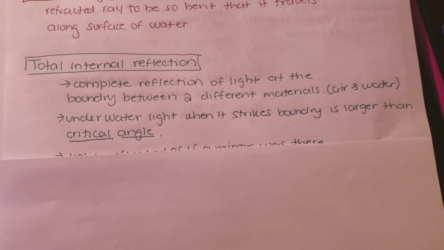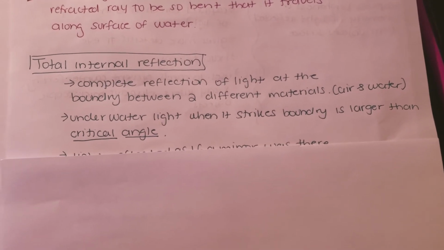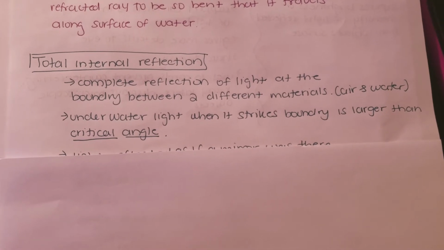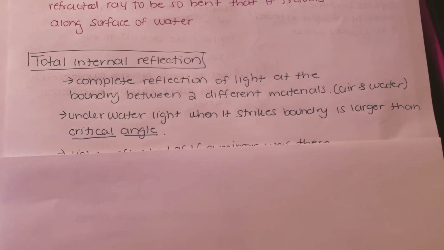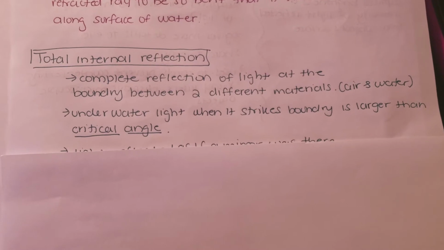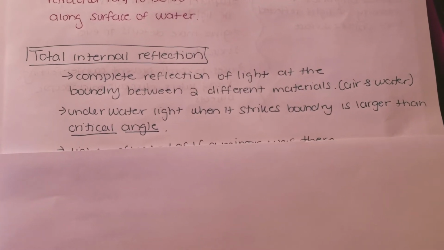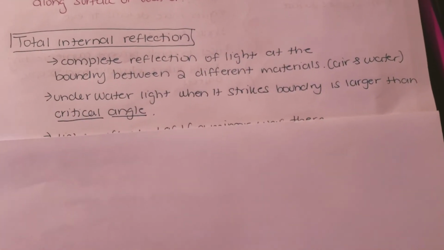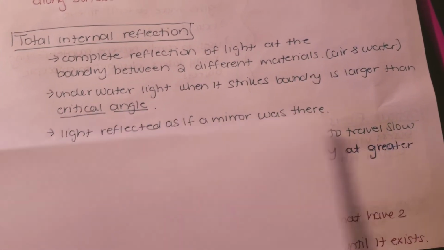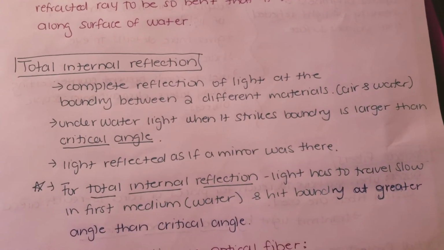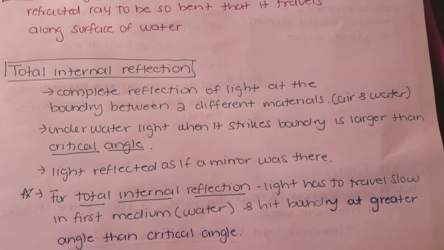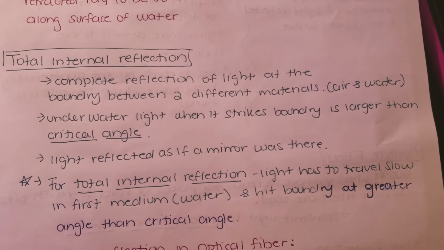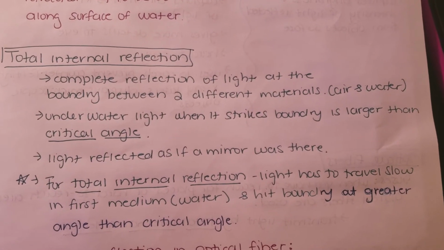So that means your light source that is shining up at the water is at such an angle that there's a boundary between two materials, such as the air above the water and the water that you're in, that it's going to create a complete reflection of light, almost as if there was a mirror on the boundary of that water. Okay, so pretend there's a mirror on top of the water level, and you have a light source that's hitting it, it's going to be reflected right back into the water